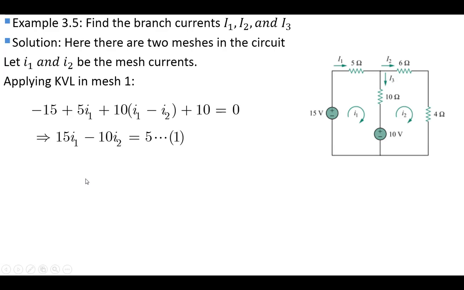To find the second equation, we'll consider the second loop or second mesh. Before that, we can see there are 4 elements present in the second mesh. 3 of those 4 elements are resistances, and 1 is the battery source. Just like the steps we mentioned for the first mesh equation, we can apply those methods and techniques here also. So we will be applying KVL in mesh number 2.